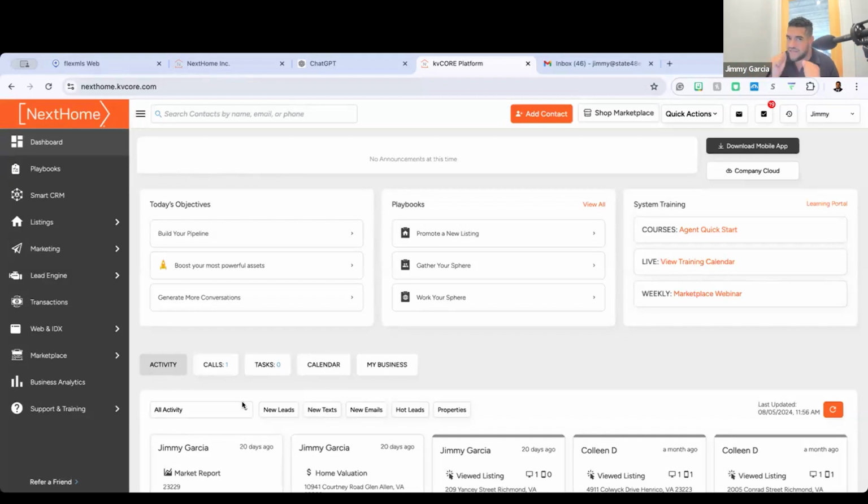But I'm willing to bet the reason why you don't have access to it is either the brokerage level has removed that for you, or you're on a version of the platform that doesn't have all of the bells and whistles. And we're going to see even on my end, there's options to pay for upgrades. So it just kind of depends on when you want to make those payments. We all though should have access to the Smart CRM.